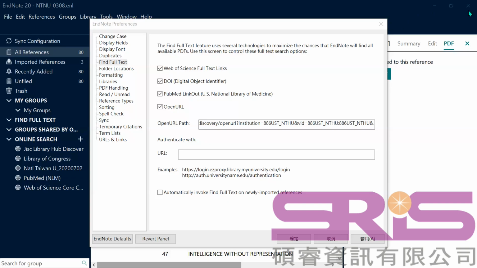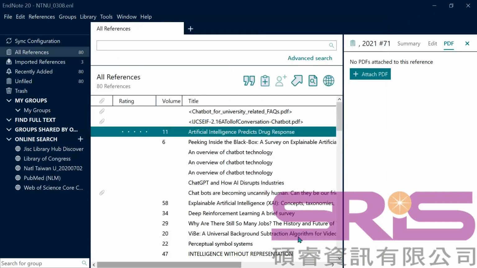After this training, you will get a slide. But I'm not on the campus, so I just skip this part. After that, I press OK. Now you are going to search for the references